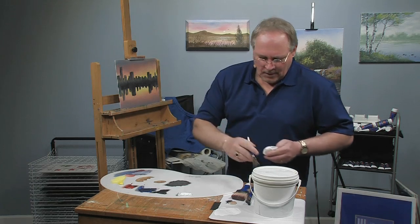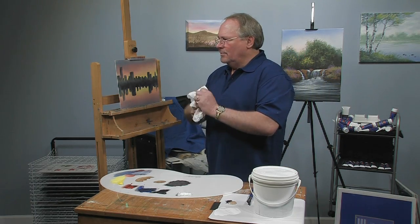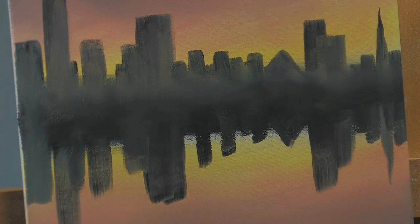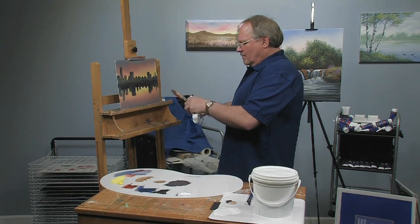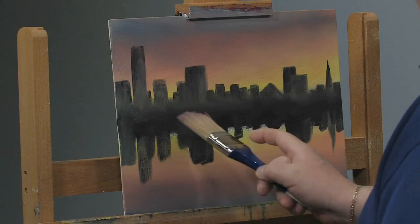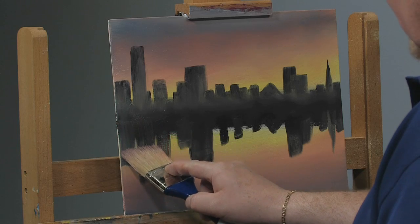Okay, I'm going to come back to this 2-inch scenery brush, and I'll wipe it off. Right in the middle here is my horizon line. There's going to be a break where there's going to be water versus the land. So I'm going to wipe this off. I'm going to find that line, just eyeball it, and I want to smear this out of focus a little